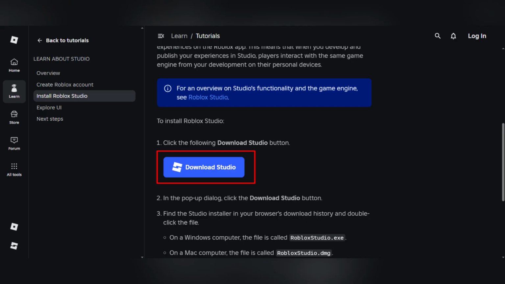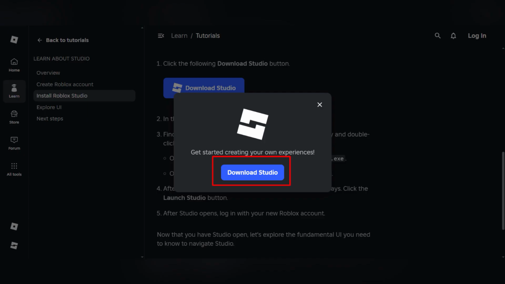If you're on a Windows computer, the file is called robloxstudio.exe. For Mac users, the file is called robloxstudio.dmg. Once the installation finishes, a pop-up confirmation will appear, and all you need to do is click the Launch